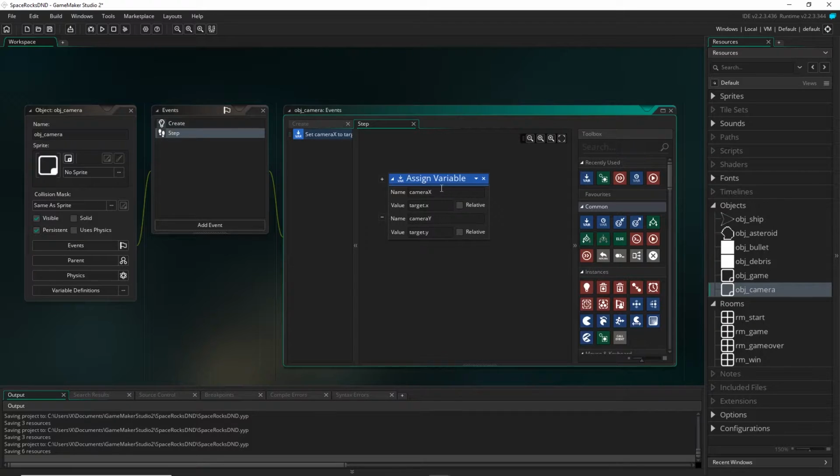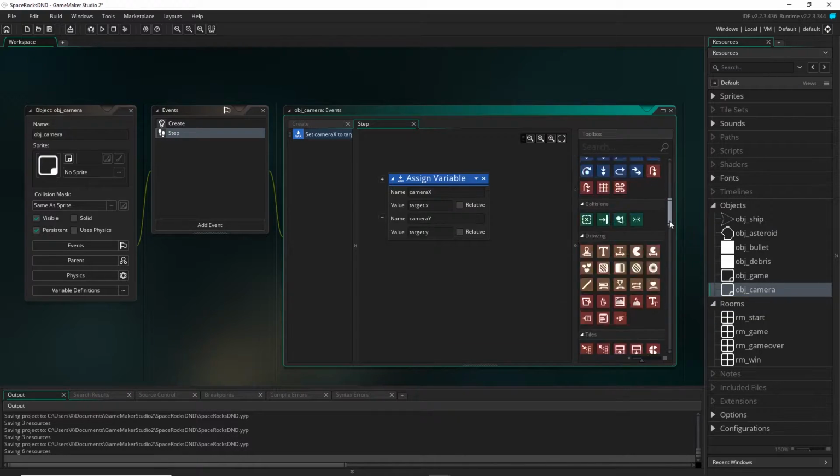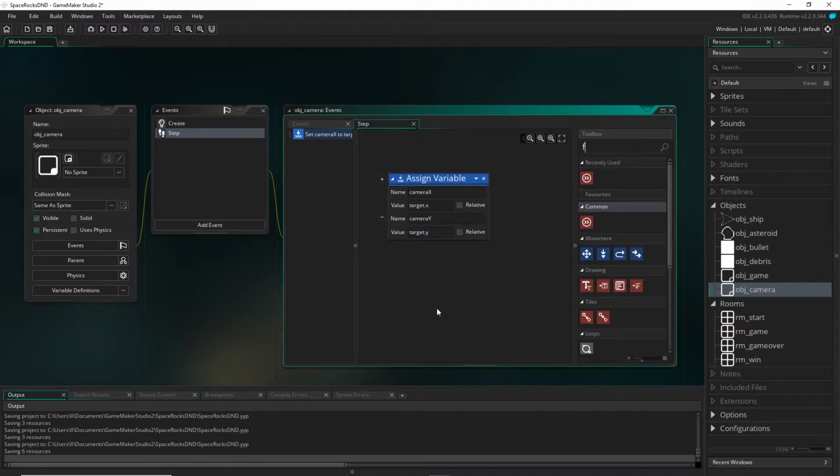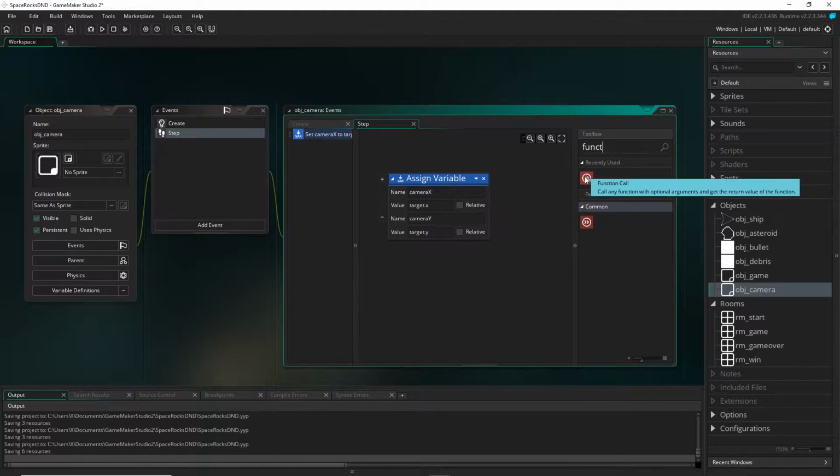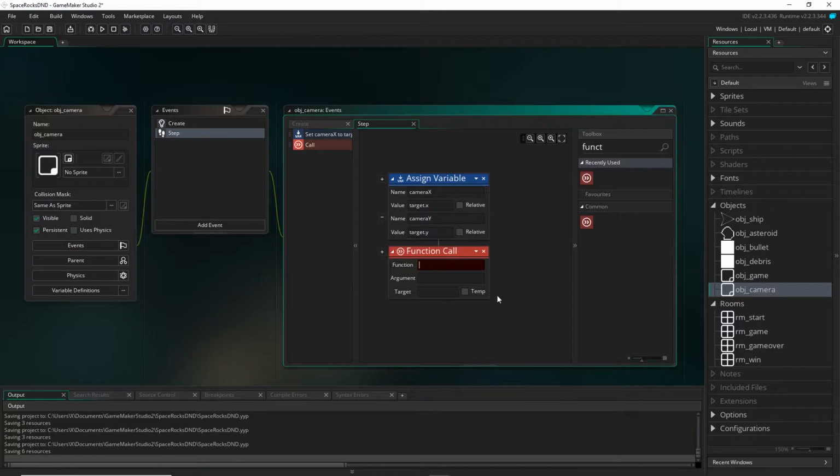Alright, so that is the camera X and Y set. But of course, this doesn't actually do anything. It doesn't actually move the camera. For that, we need a function. And there isn't an action block for this, for moving the camera, but there is a function block that we can use to access a function called